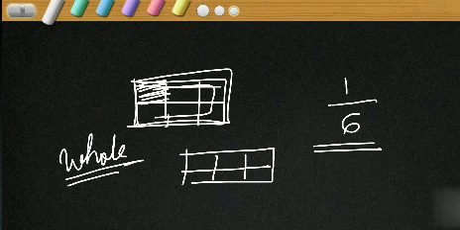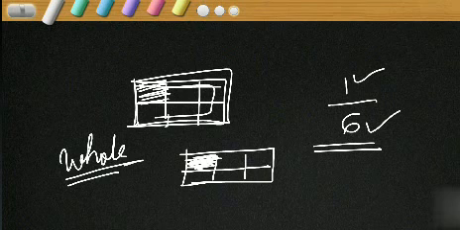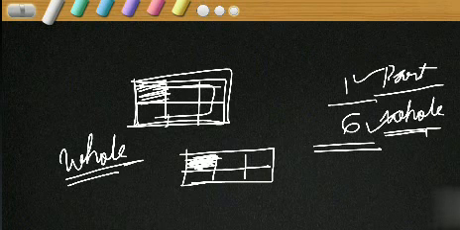So how many parts are there as a whole? This rectangle has been divided into how many parts? Yes, 6 parts are there as a whole, out of which 1 only is shaded. So this shaded portion is a part of this whole, this entire thing, isn't it? A particular part, only one part of a whole thing.